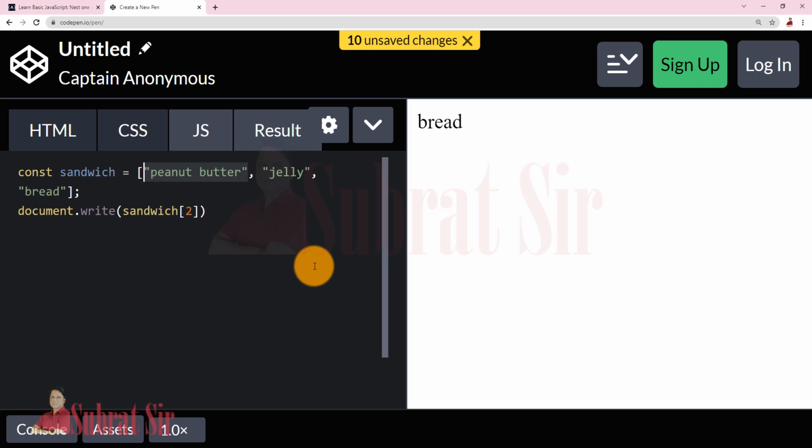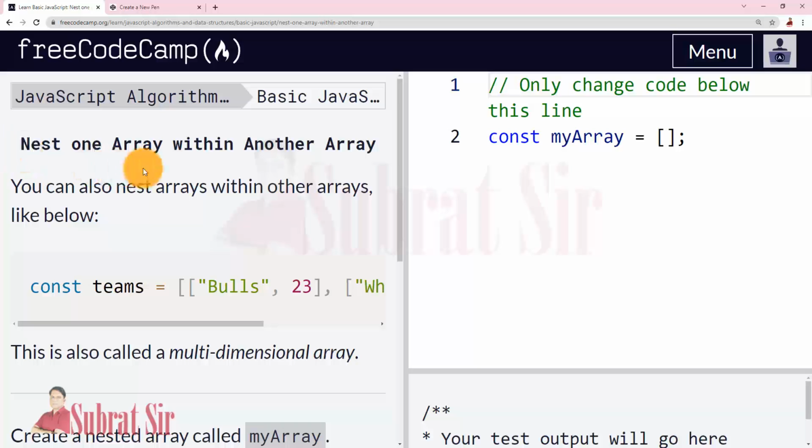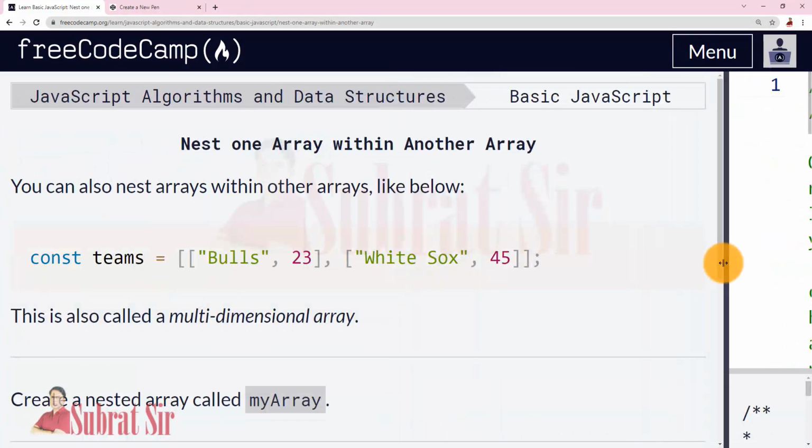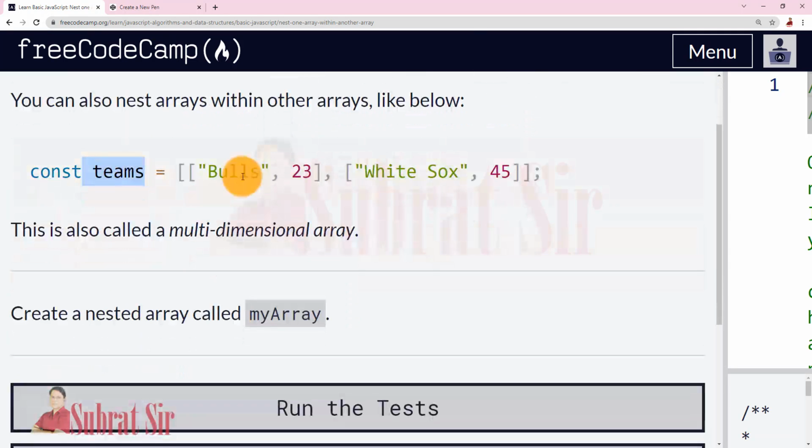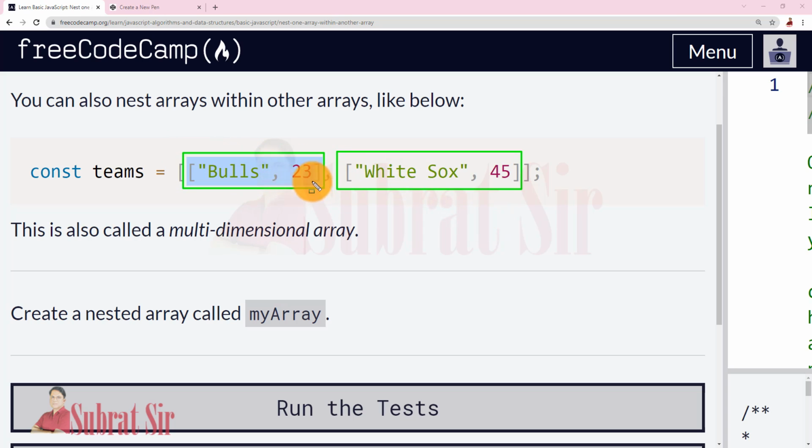So we can say it nesting array. Okay, so see, teams is an array. It contains 2 different arrays. This one is first array and this one second array. Okay, so how to access each element of this array? This is called 2-dimensional array.